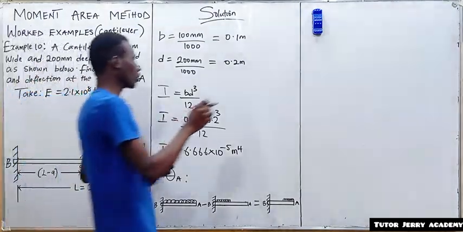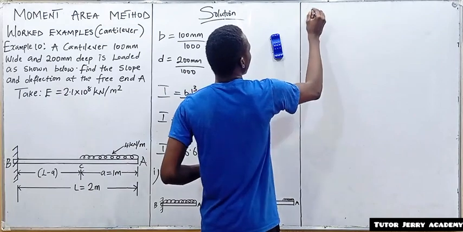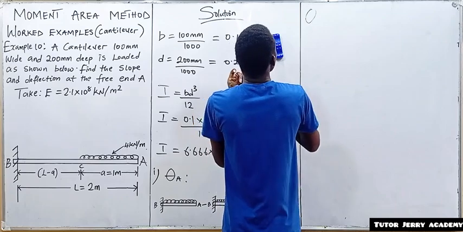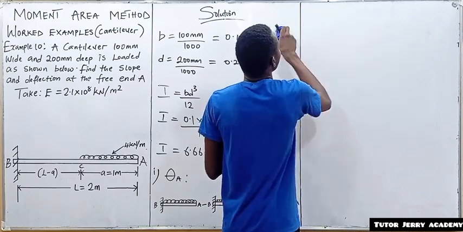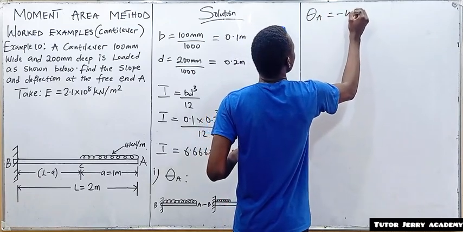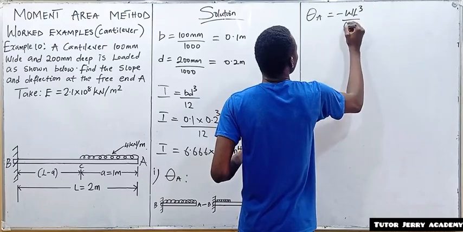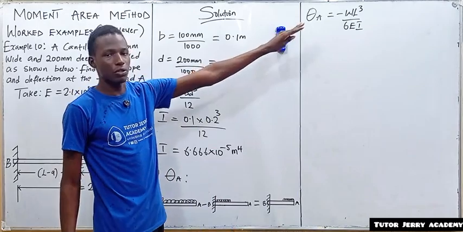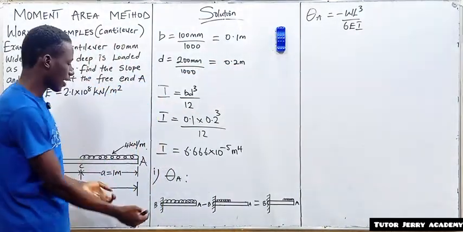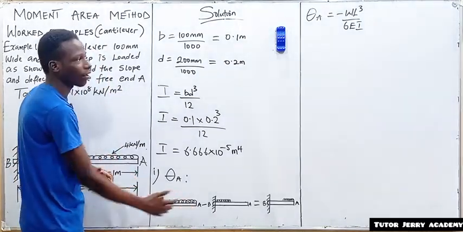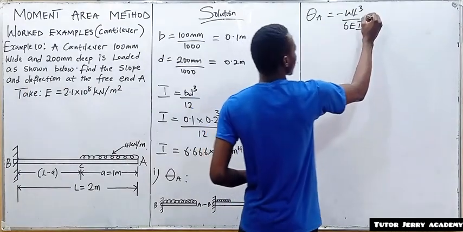So our theta A equals minus WL to the power of 3 all over 6 EI. This is the slope equation when we considered a cantilever with a uniformly distributed load over its whole span. Now this will be minus